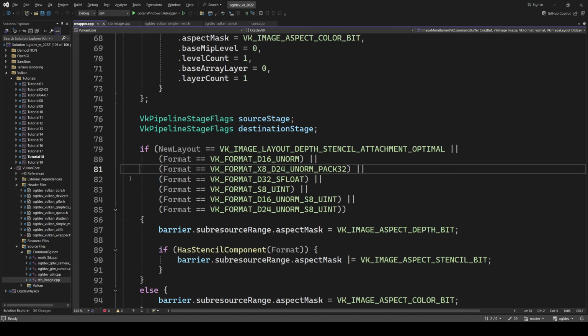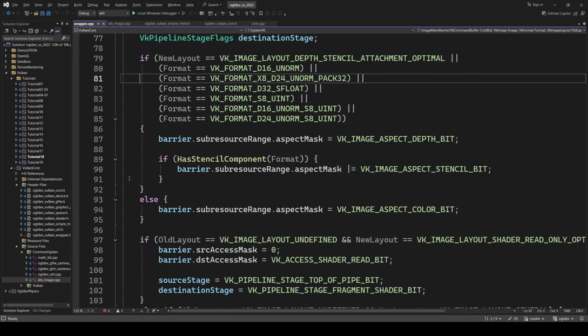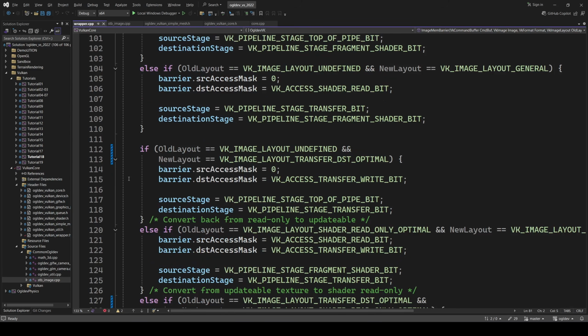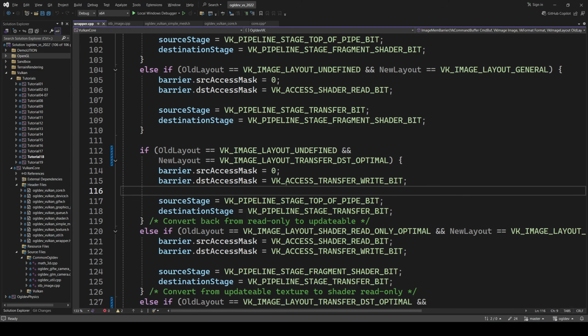Now choosing the correct access and stage masks can be quite complex, so what I did is simply to copy the code from the 3D graphics rendering cookbook, which takes care of everything. As you can see, there are many cases here that check both the format and the layouts. Specifically in this video, the transition from layout undefined to transfer destination optimal, which is done before the copy, sets